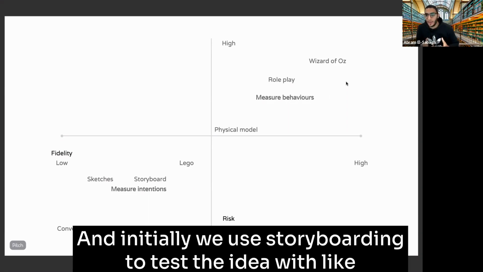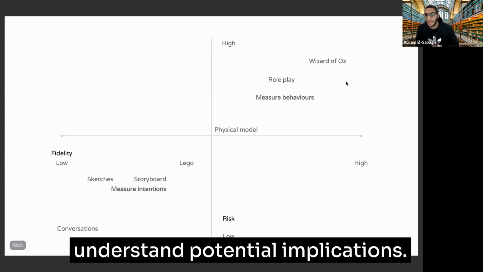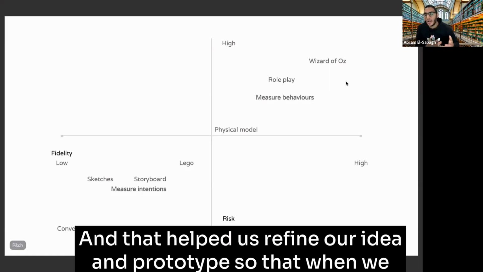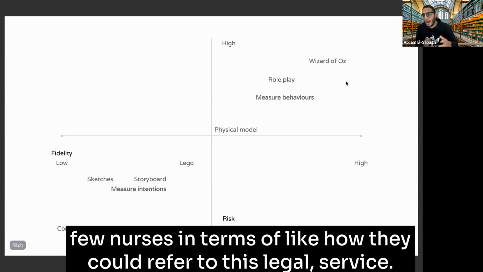Initially we used storyboarding to test the idea with healthcare professionals and lawyers, and to understand potential implications. That helped us refine our idea and prototype, so that when we went to a physical model, where we actually started training a few nurses in how they could refer to this legal service,